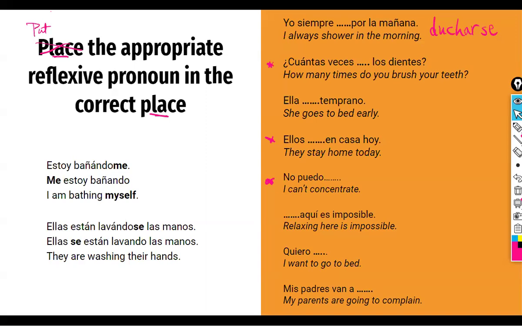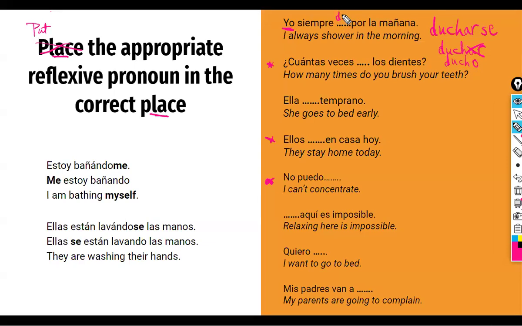Remember to conjugate the verb, right? The only time we wouldn't conjugate the verb is if we have 2 verbs coming together, we conjugate the first one and leave the second one in the infinitive. All right, so if we conjugate the verb, that means we go from ducharse, and we take off the AR and we add the endings, and it's yo. So for yo, we would add O. So it would be ducho, right?